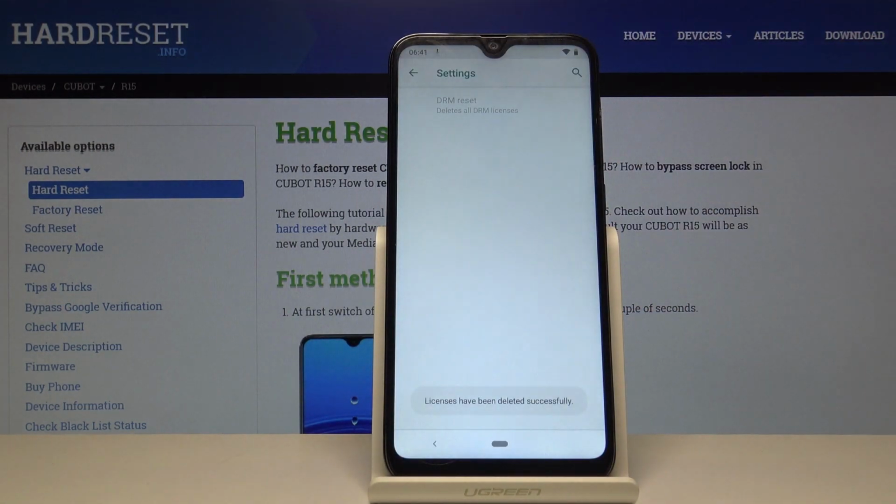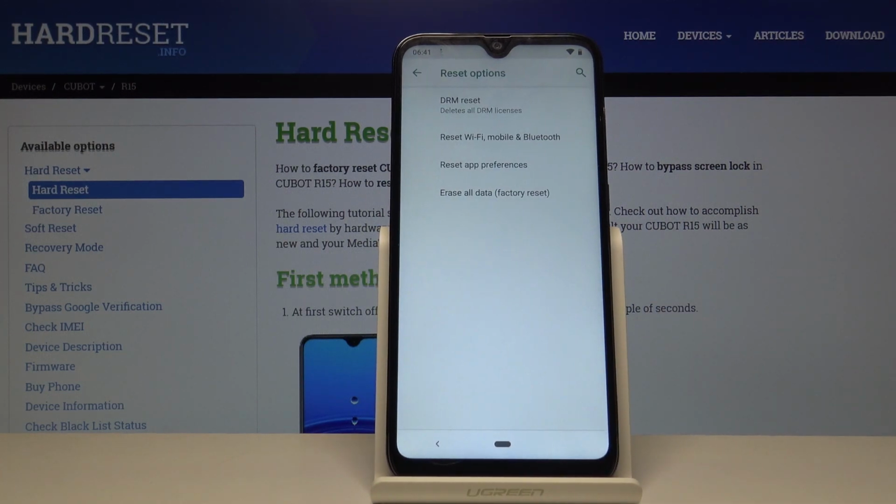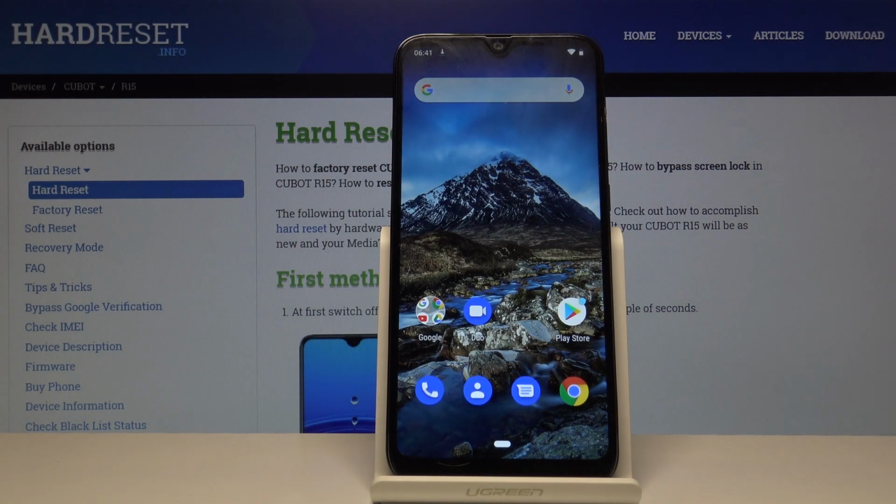Now if you have some kind of passcode, you will need to put it in before you can actually reset them. And yeah, so as you just seen, there was a message that DRM has been reset and the process is now finished. So that is how you reset DRM,